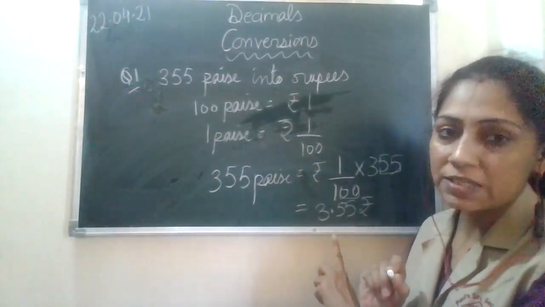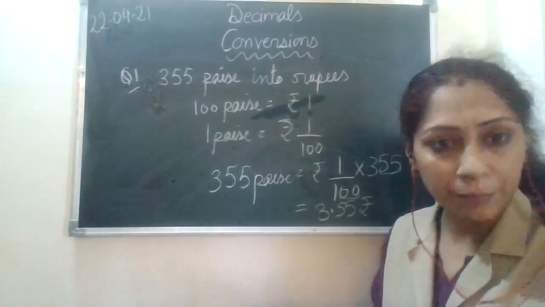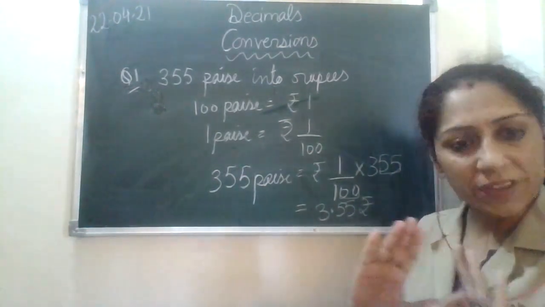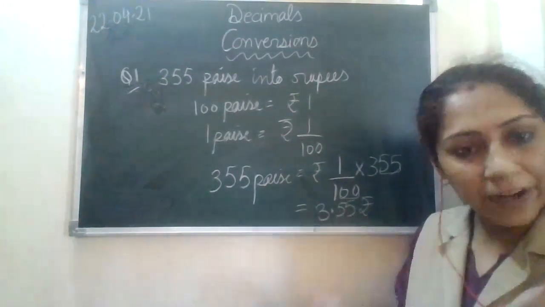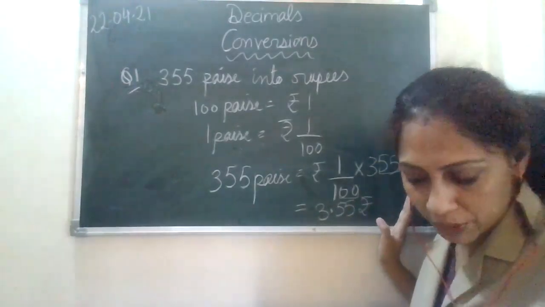Very simple, very easy, but the basic concept should be very clear. आपको फ्रैक्शन का मीनिंग पता होना चाहिए, कहाँ आपका छोटा हो रहा है नंबर, कहाँ आपका बड़ा हो रहा है. You must have a very clear picture according to that. You should not mug up the concept. You should try to understand it, and then come to the practice. इस sum को चाहे 4-5 times करो, please.